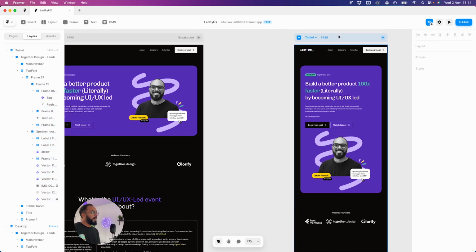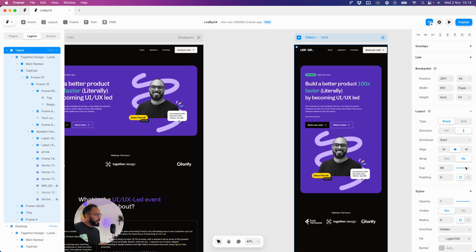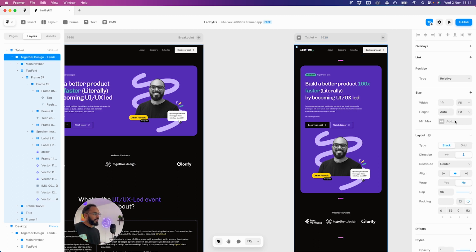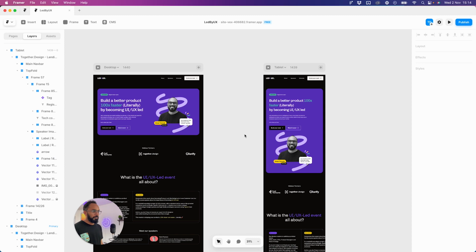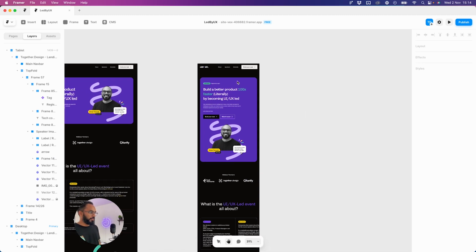All right, let's see what our iPad padding looks like right now. It's got 96 gap, no padding. How is that possible if there's no padding? Okay, the padding is inside this layer over here. And we got a right 53 and left 53. I think that's too much for iPad. I wouldn't make it more than 32 on either side. That's better. You want to tighten up the padding as you go to smaller screen sizes so it looks a